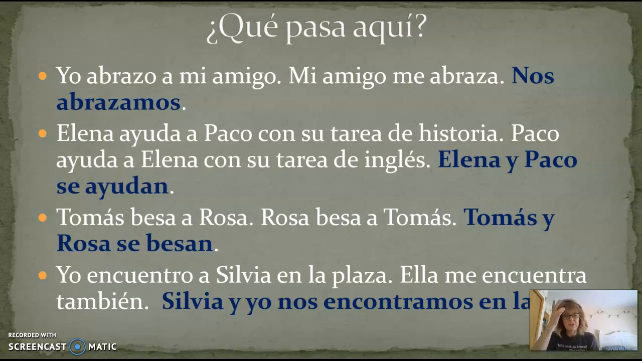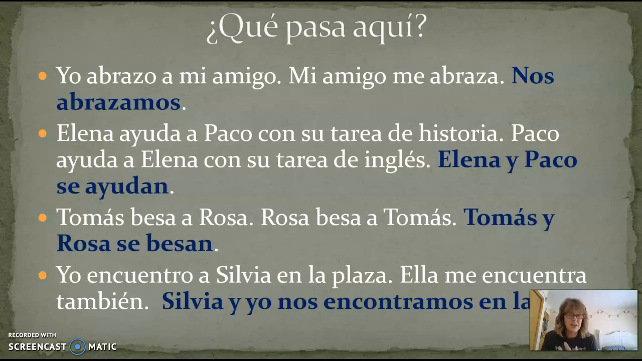So, if you've been paying attention, we talked at the beginning of this video about how we're going to be talking about reciprocal verbs. Reciprocal has to do with, yes, it doesn't just simply go one way, it goes both ways. Look at the first one. I'm hugging my friend, and my friend hugs me back. Otherwise, it's really awkward if he just stands there with his arms down, right? So the result is nos abrazamos. We hug